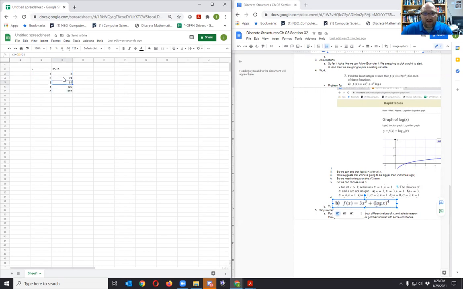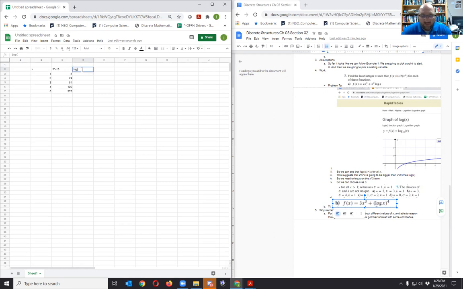Okay, 2 cubed is going to be 8. 8 times 3 is 24. Cool. 3 cubed is going to be 27. 27. Okay, I'll take that. That's working. Okay. Now I'm going to do